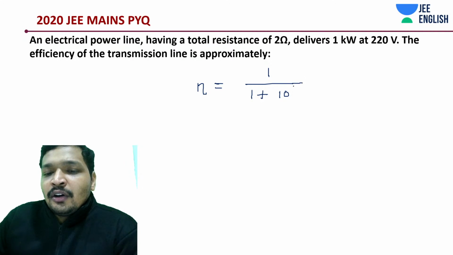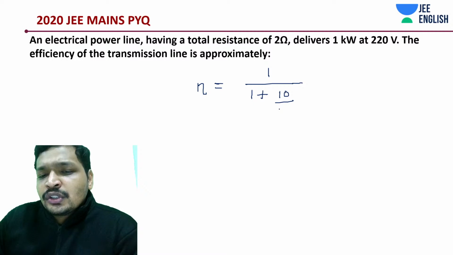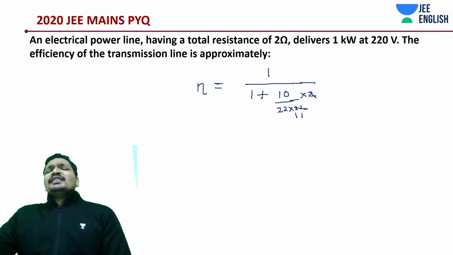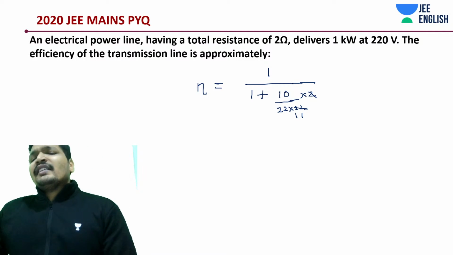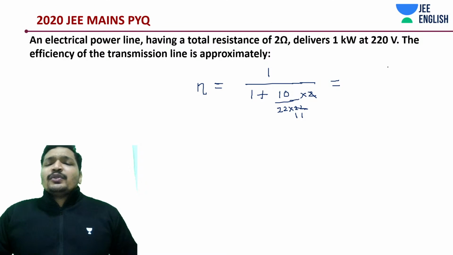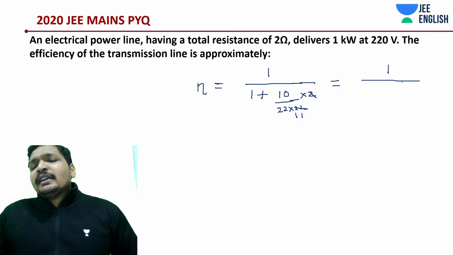10 square, or sorry, it's only 10. Sorry, 10 divided by 22 square. What is 22 square? I don't know. Let's keep it as just 20. All I know is 11 square. Generally we study until 11. It's 484 anyway. But I know up until 11. So let me simplify it. 11 is how much? 121, and into 2 is how much? 242. That is going to be 1 divided by 1 plus 10 by